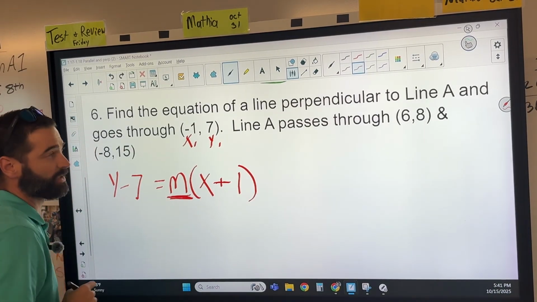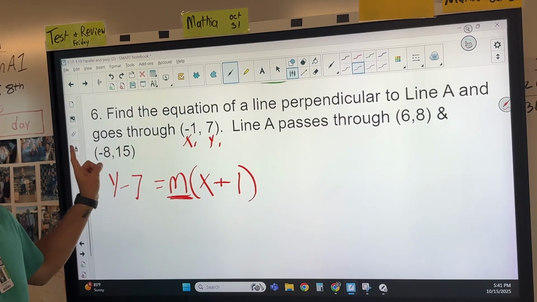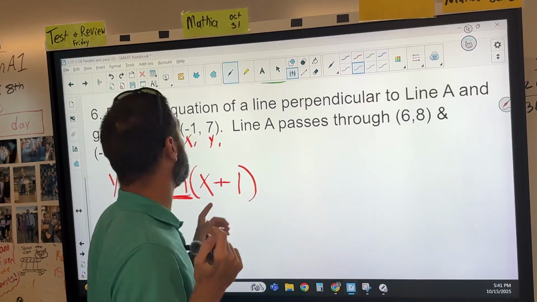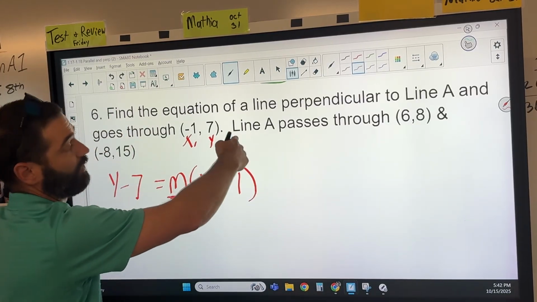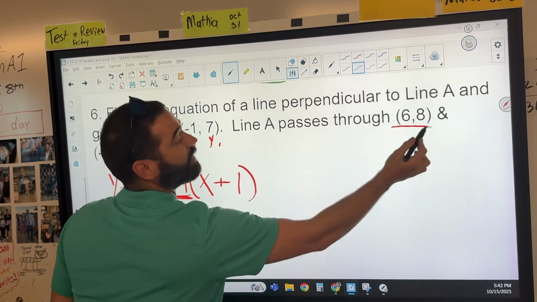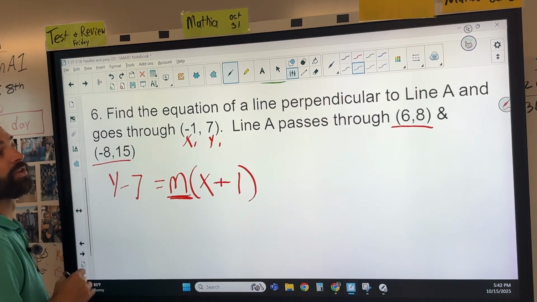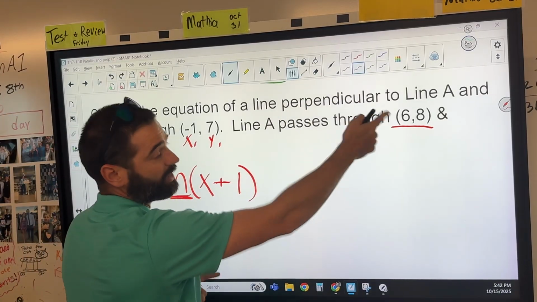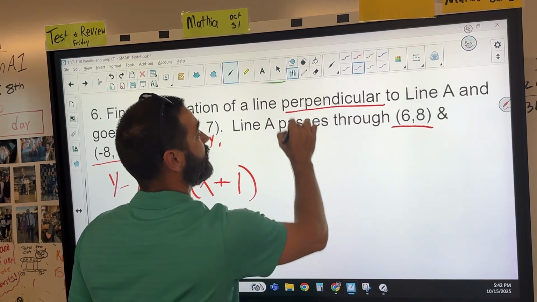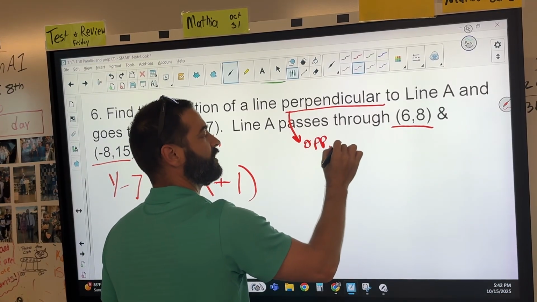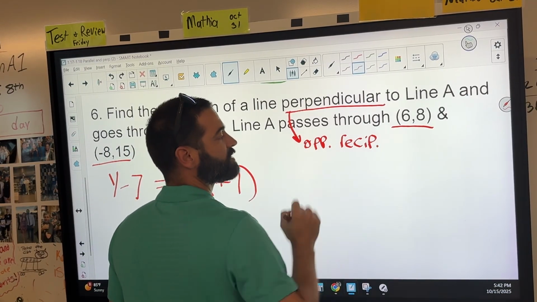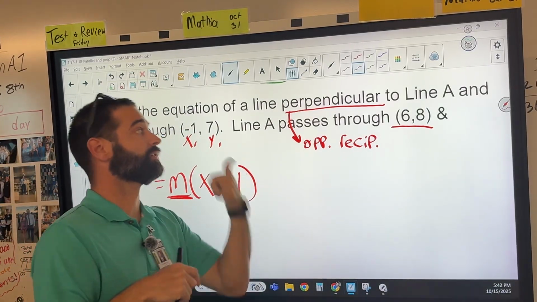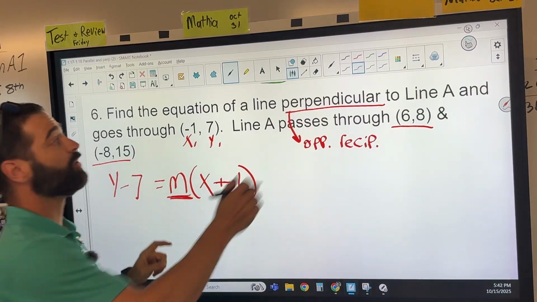All I need is the m, the slope. They don't tell me the slope, but they tell me it is perpendicular to line A. Well, a couple things going on there. One, what is line A? Well, the next sentence tells me line A passes through this and this. So I know line A goes through those two coordinates. My line is perpendicular to line A. Well, what does perpendicular mean? Opposite reciprocal slopes. So if I know the slope of line A, then I can find the opposite reciprocal for my line. So I'm going to go use the slope formula